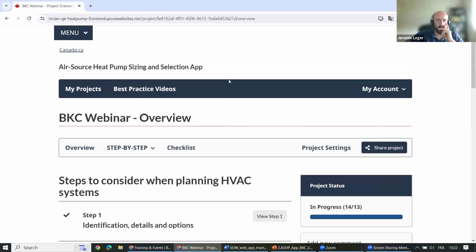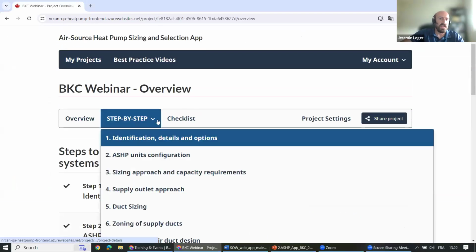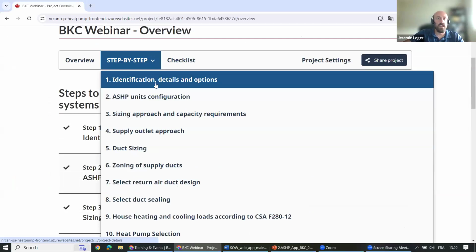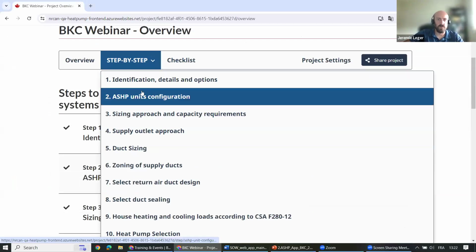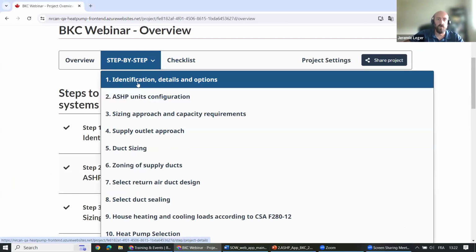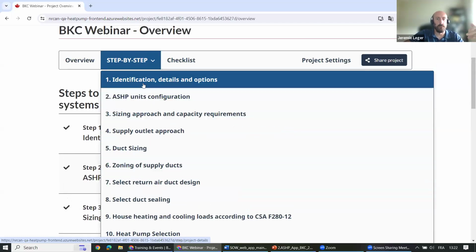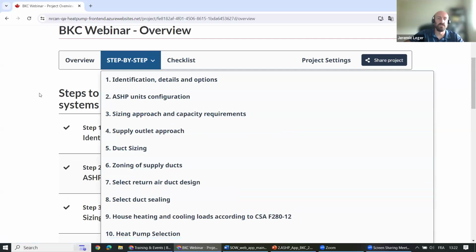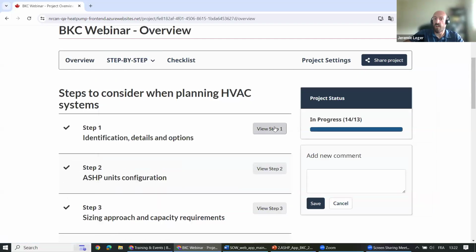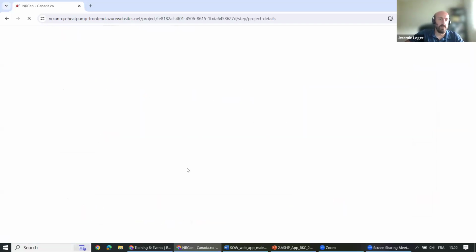So as it's loading, when we use the app, it's going to be a step-by-step approach. So we're going to go from step 1 to step 13 in this case. And that's how we'll be using the web app. So step 1